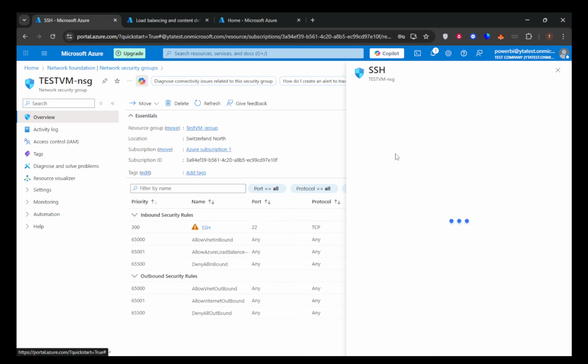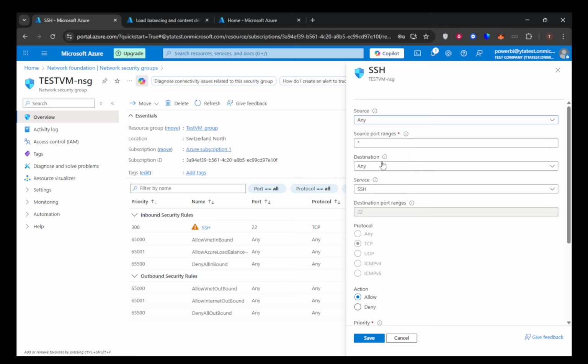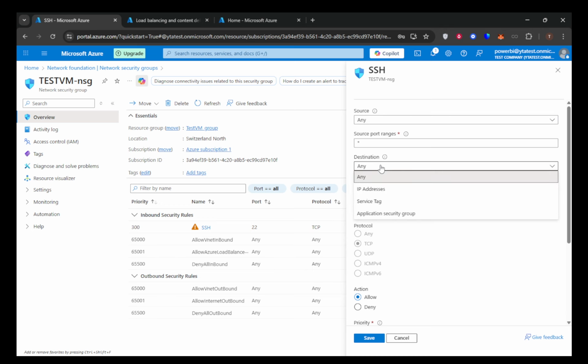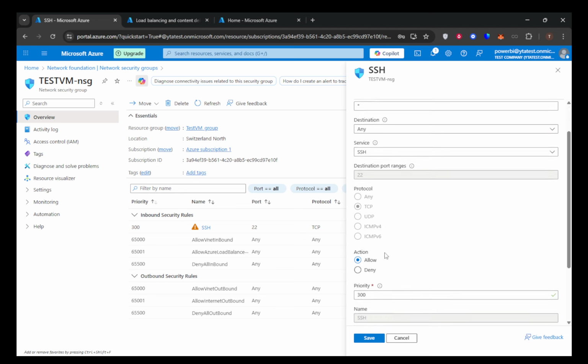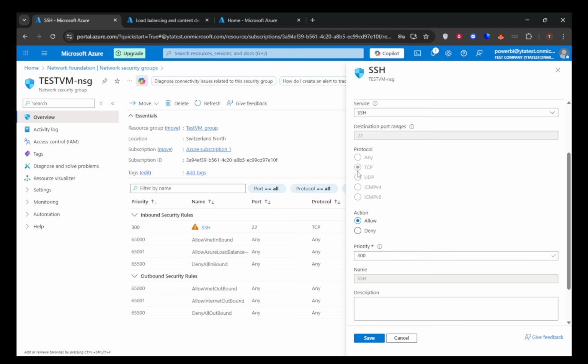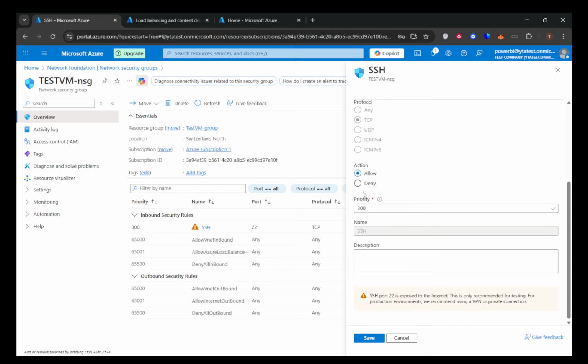The destination should be set to your virtual machine or its subnet, specifying the same front-end port you used earlier, such as 2222. Decide on the protocol to match your previous choice, TCP, UDP, or any, and set the action to allow. Assign a priority number that determines the rule's importance, and finish with a descriptive name like Allow NAT SSH. Save your new rule and double-check any NSGs at the subnet level to make sure traffic isn't getting blocked